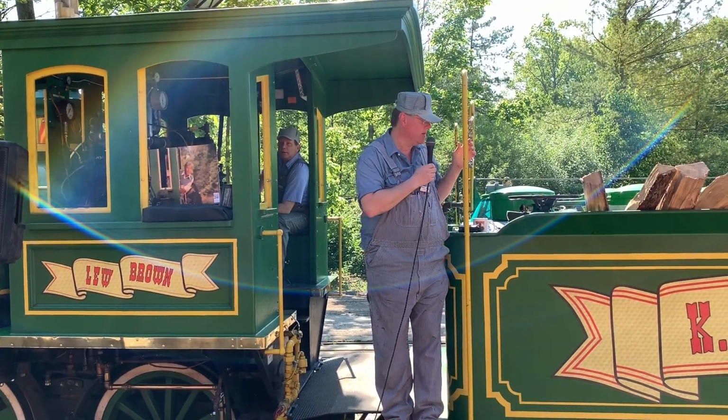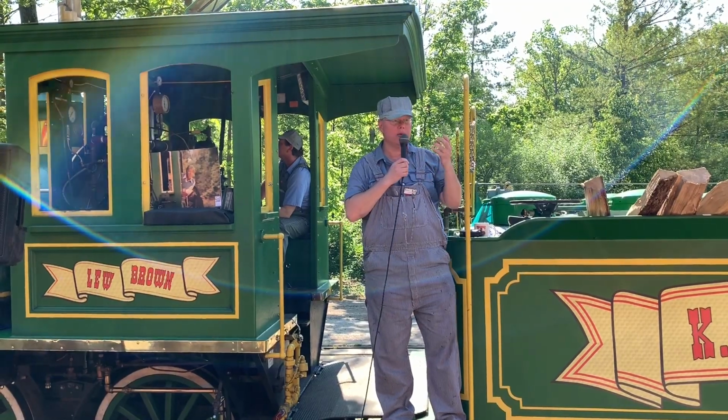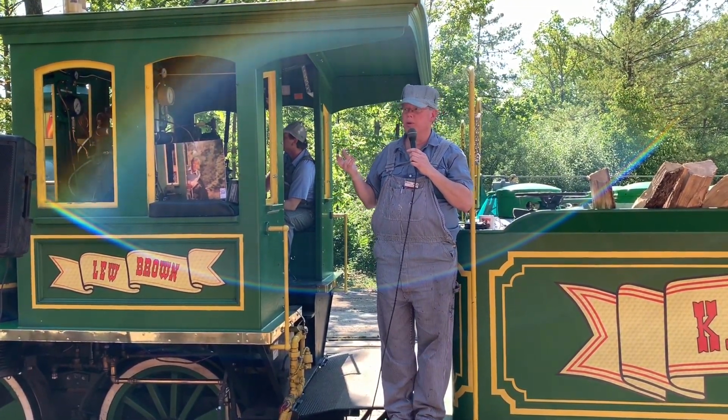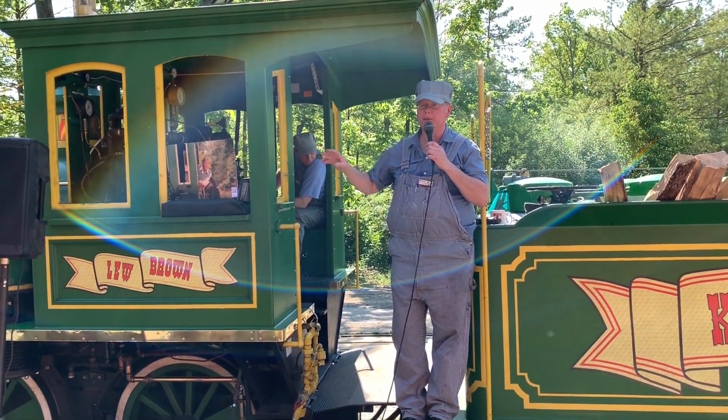Anyway, so the story. Lou Brown was the first full-time foreman, superintendent, whatever you like to call him. Kenny Van Meter was his number two, who was a local farmer up in Lebanon who ran steam equipment. So,